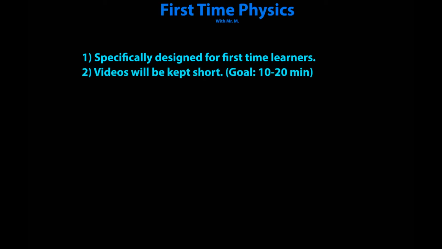So, point number 2, these videos were kept relatively short. A lot of physics videos I see online are like an hour long, and I would need to hunt back and forth for something I want in the video. And I'm well aware that students can only concentrate on things for so long. So I'm going to try to keep my videos between about 10 and 20 minutes. They may go a little below or a little above depending. And each one will be very specifically targeted toward a subtopic. So each video is not going to be long, but there's going to be heavy concentration on the specific material I'm going to want to talk about in each of those videos.